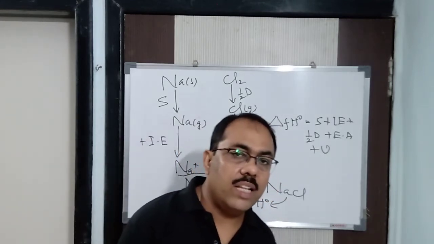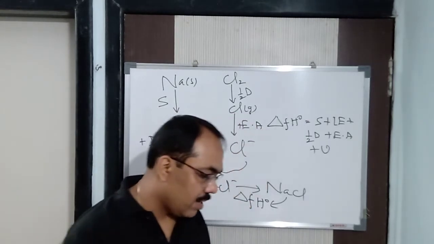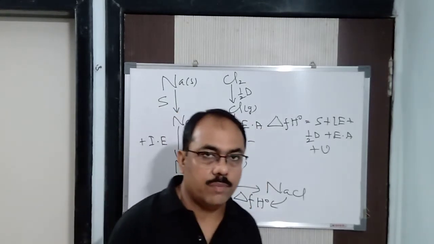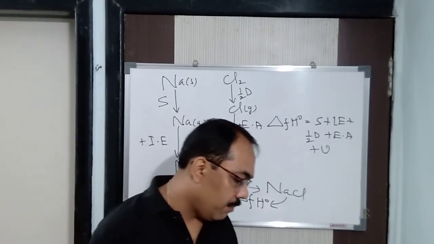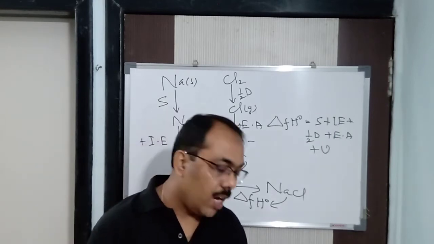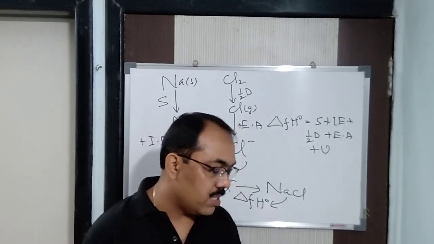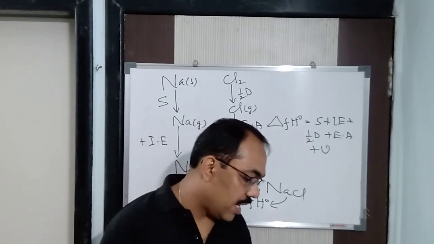Now next is enthalpy of atomization. What is enthalpy of atomization? When 1 mole of a given substance dissociates into its gaseous atoms, the enthalpy change accompanying the process is called enthalpy of atomization. When 1 mole of a given substance dissociates into its gaseous atoms, the enthalpy change accompanying the process,